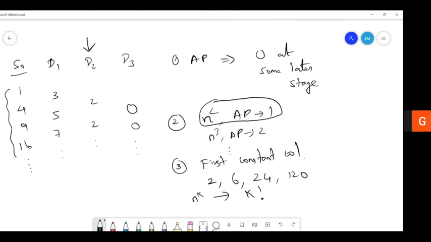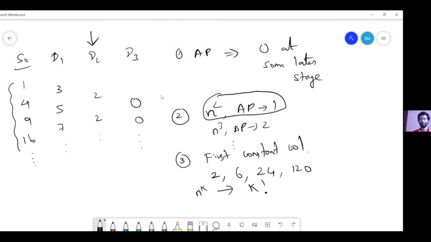Yeah, for squares it is fairly straightforward, because the first level difference is itself the AP column. For cubes, similarly, by taking the equation for column 2, the first degree difference, we can show that the next column will be in AP. So we can prove it as a special case for cubes. Based on this, we can find out the nth term using these 2, 6, 24, and 120.